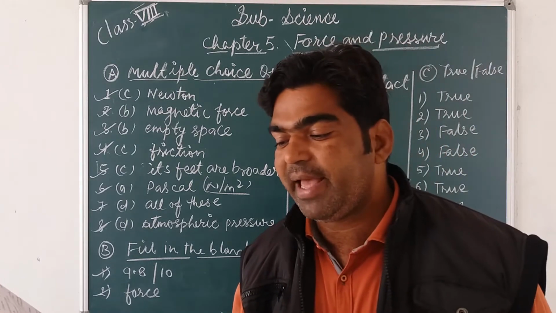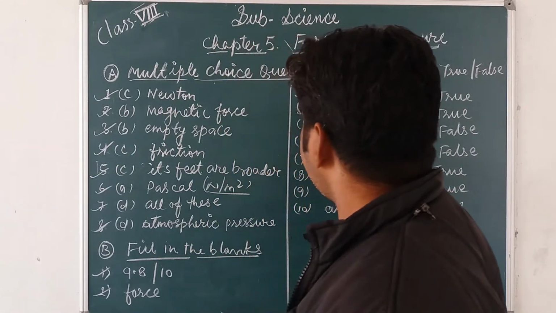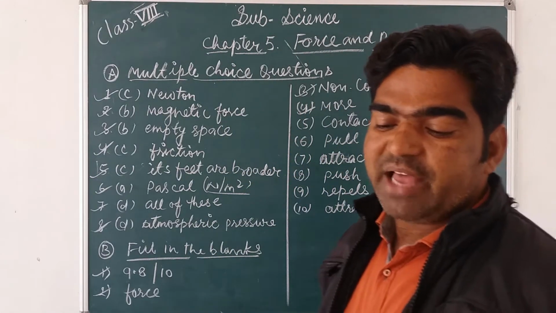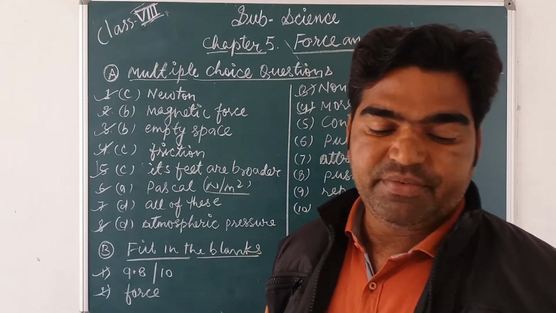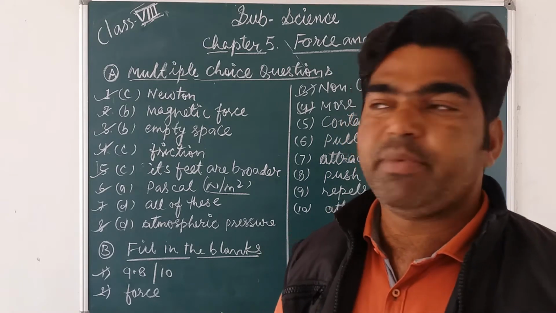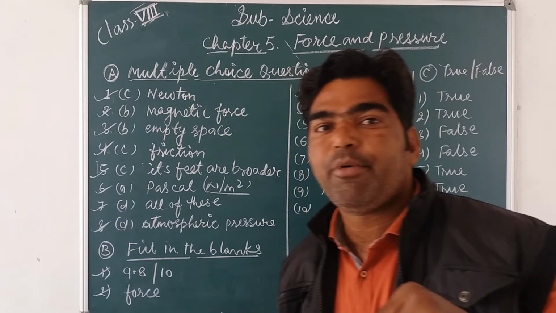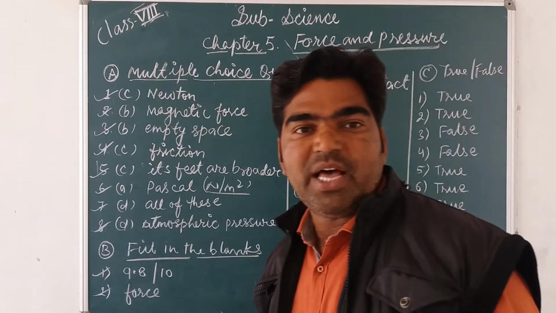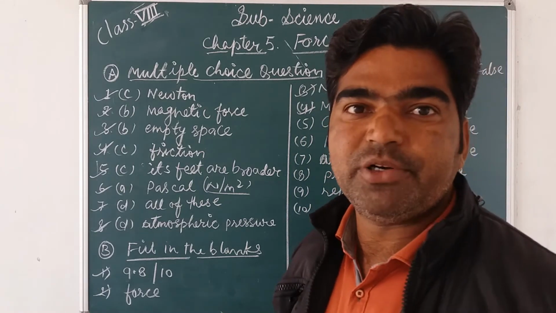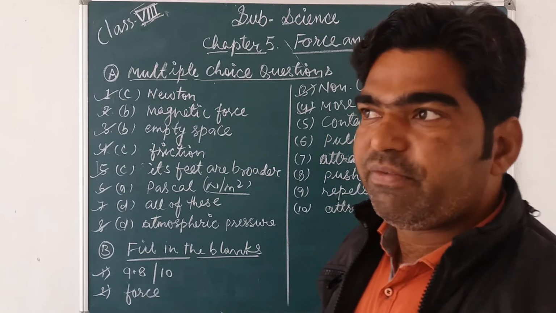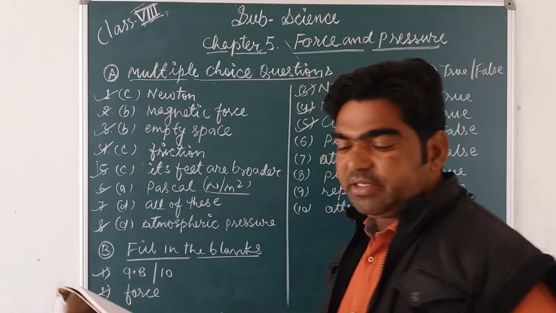Next one, fifth fill in the blanks. So the answer of the fourth is what? More, okay. Fourth means a sharp knife is more effective in cutting a fruit than a blunt knife. Fifth: the muscular force is an example of what? Muscular force means the force exerted by our muscles. So it is a type of contact force, because without coming in contact with any object, or without interaction, we cannot apply our muscular force, okay. So muscular force is a contact force.